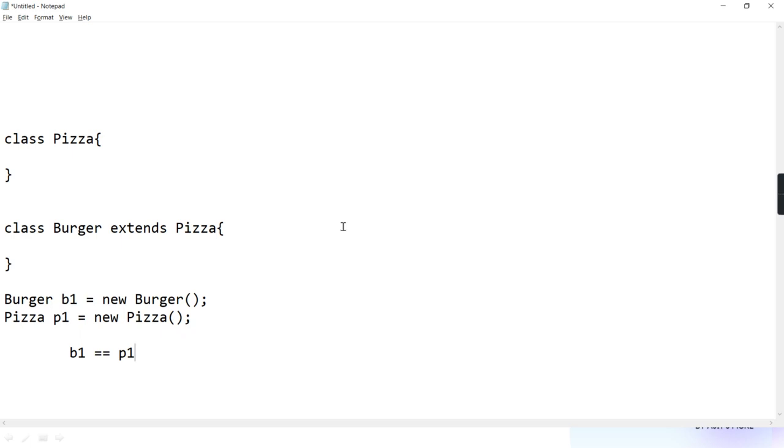Is there compile time error? No. Clear? So why there is no compile time error? Because they both are compatible. One is a burger object, another is a pizza. And do they have some compatibility between them? Yes, they have a parent-child relation, therefore allowed.